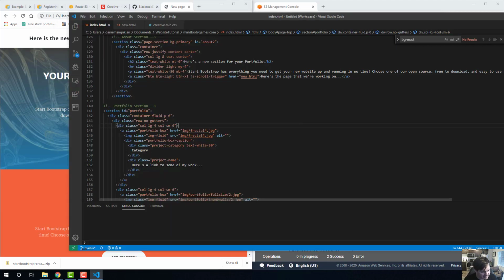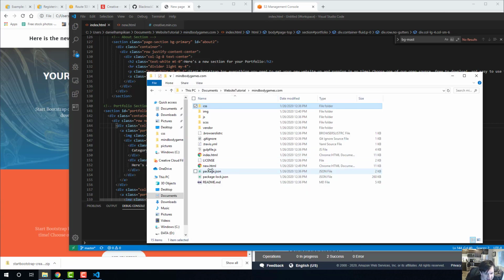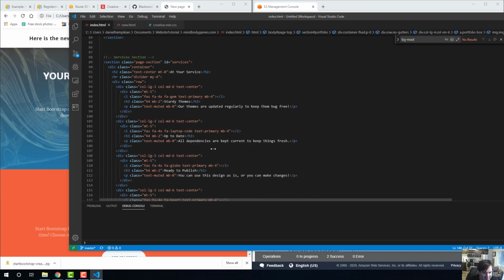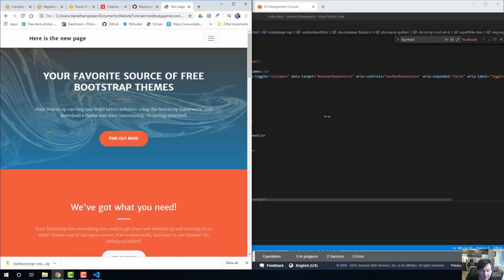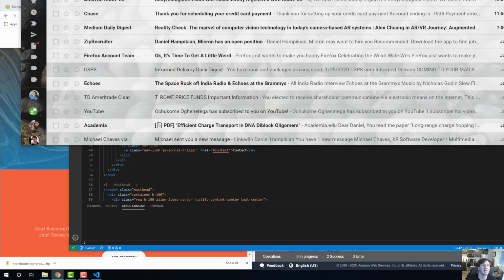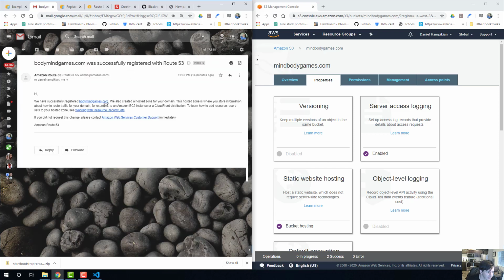Okay, so at this point, a lot of it's going to be playing around with this free portfolio we've got, making new pages that contain their way of making Bootstrap divs and columns, and then modifying the content, right? So replacing the text, replacing the images, changing the way that the columns line up, whatever you want to do. I'm not going to go over that process. That's a long process. Okay, so it looks like while we were doing that, my domain was successfully created, so